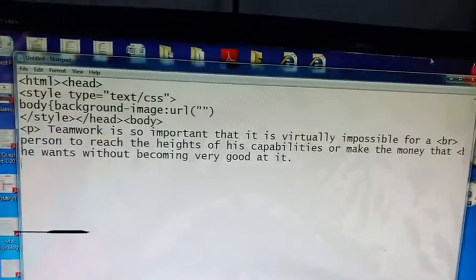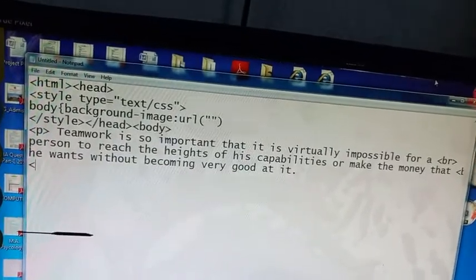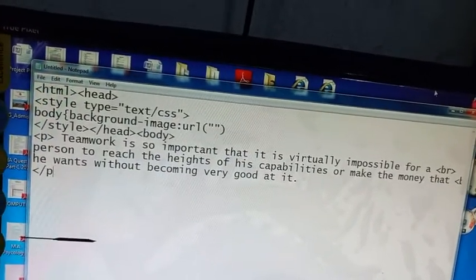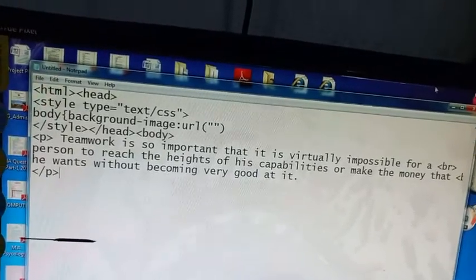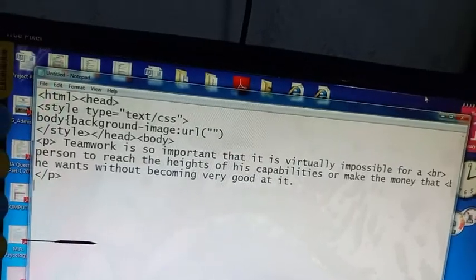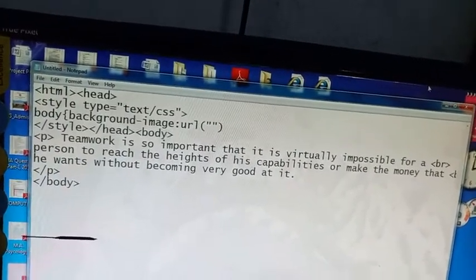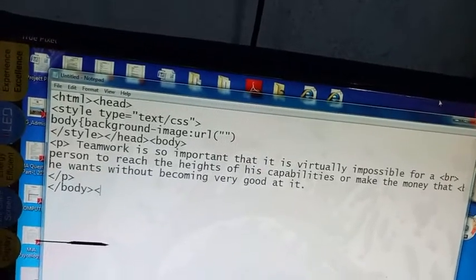I have written the body contents. Now close the paragraph tag and close body. Close HTML.